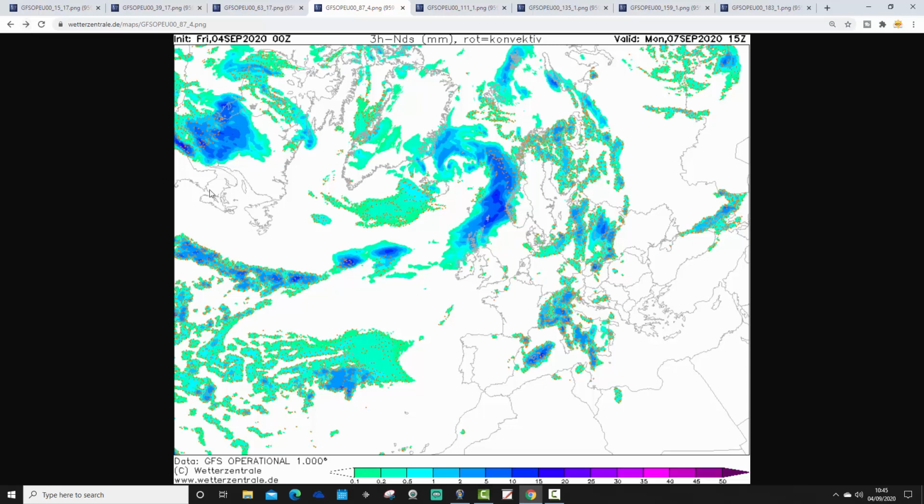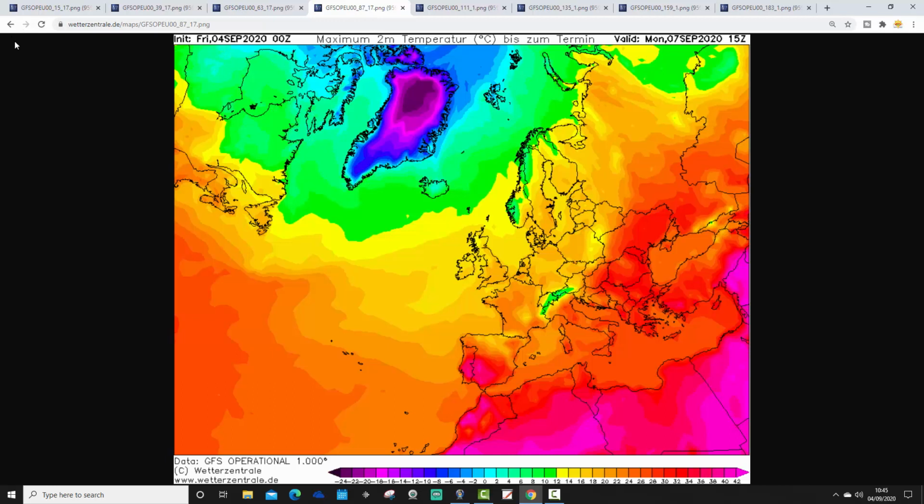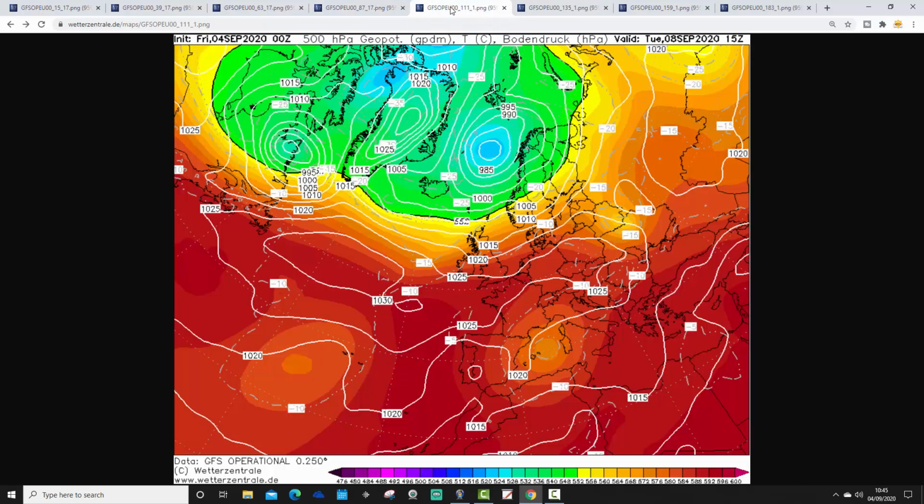Precipitation-wise, a band of heavy rain is moving in across northern parts of Scotland, with showers breaking out across eastern parts of Europe, some of them kicking off down into the central bowl of the Mediterranean as well, but also a lot of dry weather on Monday with quite a bit of hot sunshine. Temperatures looking like that. So again, southern, east and southeastern parts of Europe looking generally quite hot through there. Northern and western parts of Europe rather on the cooler side, although beginning to warm up across Ireland and into